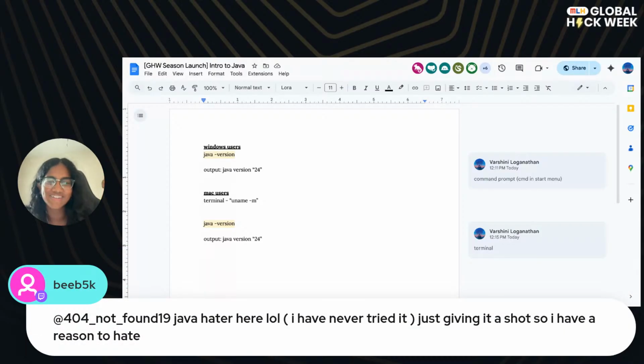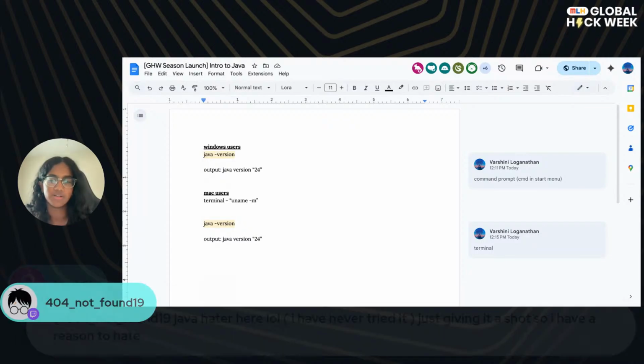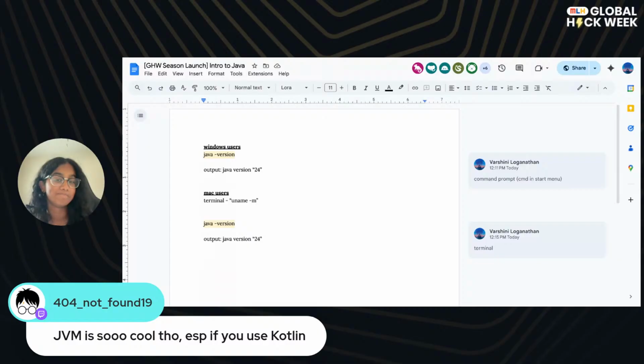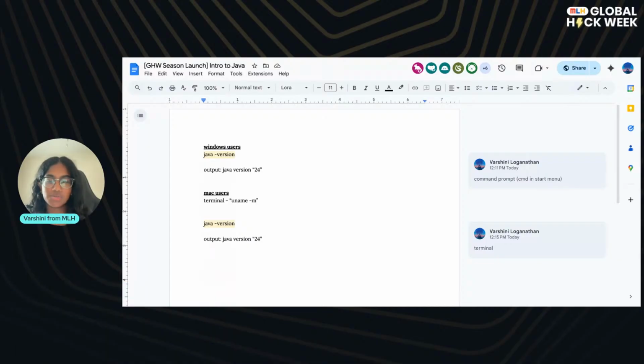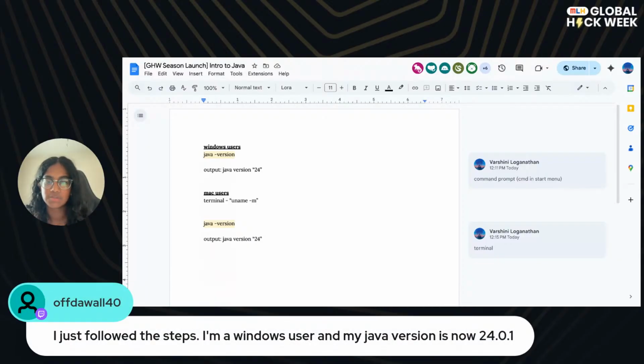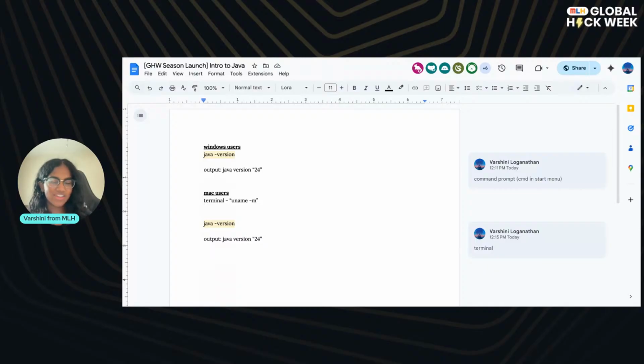Java hater. Oh my gosh. Okay, good. No, I'm not going to give you a reason to hate. You're going to love Java after the session. You're going to be like, Java is my new favorite programming language. And I'm going to check in on you at the end of the session and you're going to tell me that you love Java. Yeah, see, 404 is correct. Java's cool. I just followed this step. Yay. Okay, perfect. Glad to see that your Java version has updated. Perfect. That is great. Success story right there.